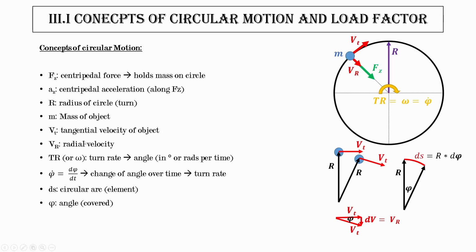Why is the turn flight an accelerated flight? Well, we shall look at this from a physical perspective. After all, an airplane is moving on a circle. If you fly it well, it's a concentric circle with a given radius r. Your airplane has a specific mass m, and you fly at a certain velocity vt, which is tangential